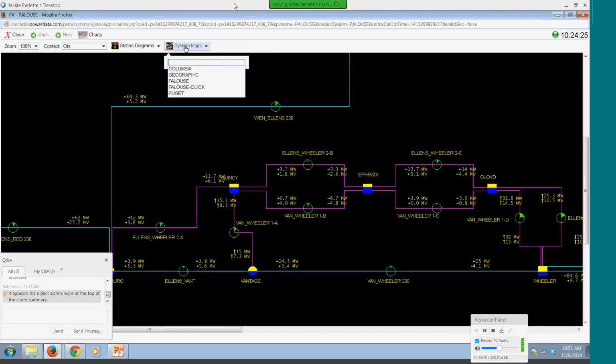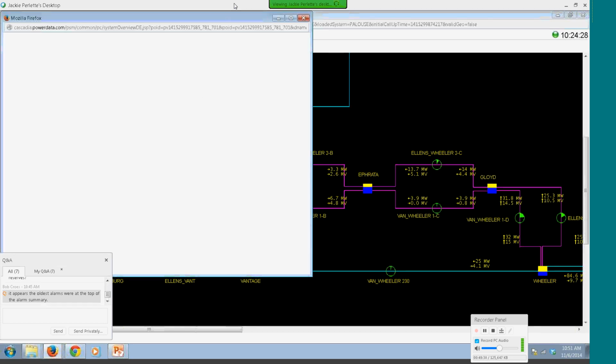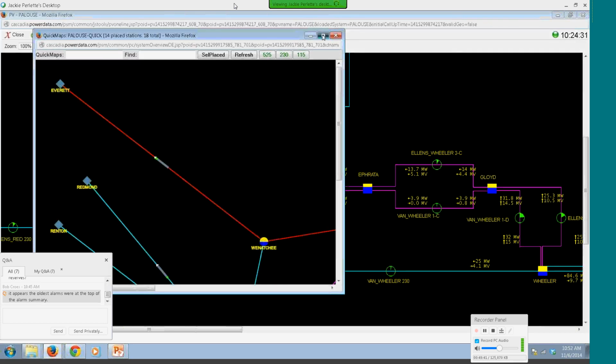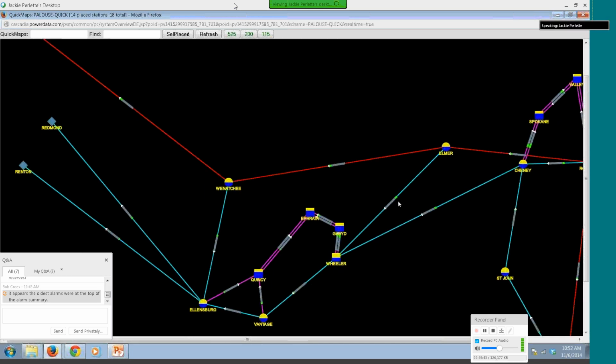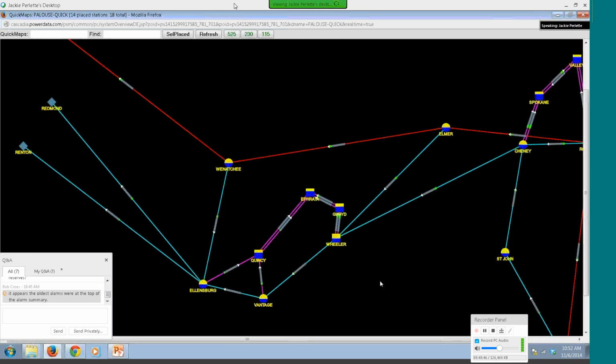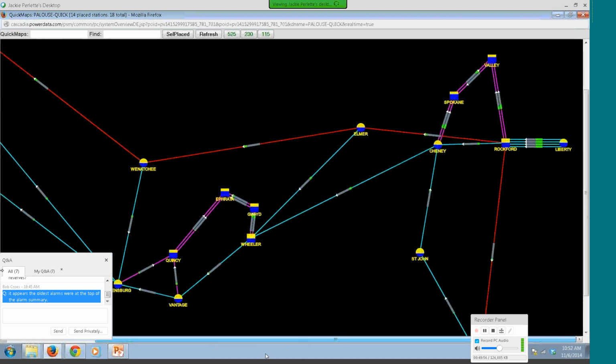So this is our Palouse area. So I built a quick map for the Palouse area. So let's do something like this. I could have actually compacted this a little bit more too. This is a great map. I did it in a hurry. So now you can see I have all of my same stations. You can see I have where my parallel lines are. I still have my same generations are circled, stations are squares. The voltage profile works the same. Your half blue, half yellow is 100% of the nominal. And you can see I've got, for example, here my 4 lines coming out of Liberty with my